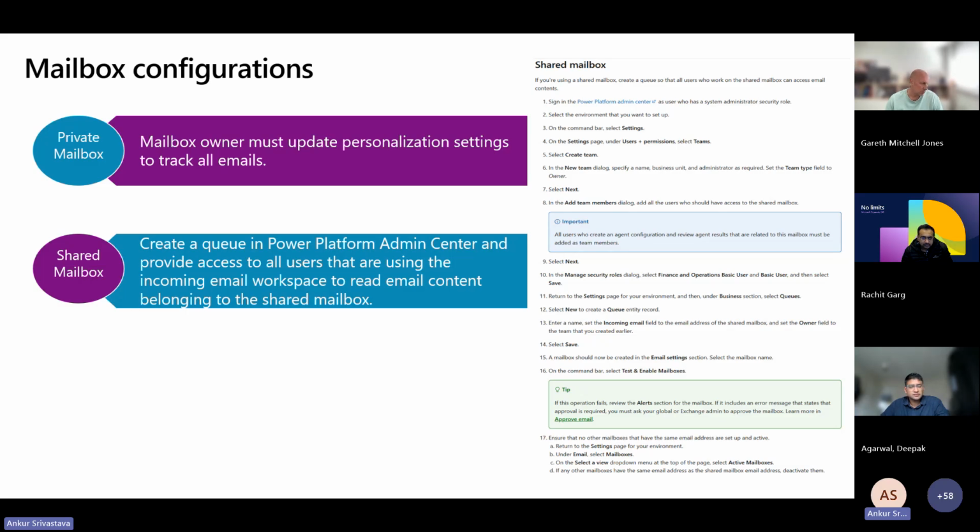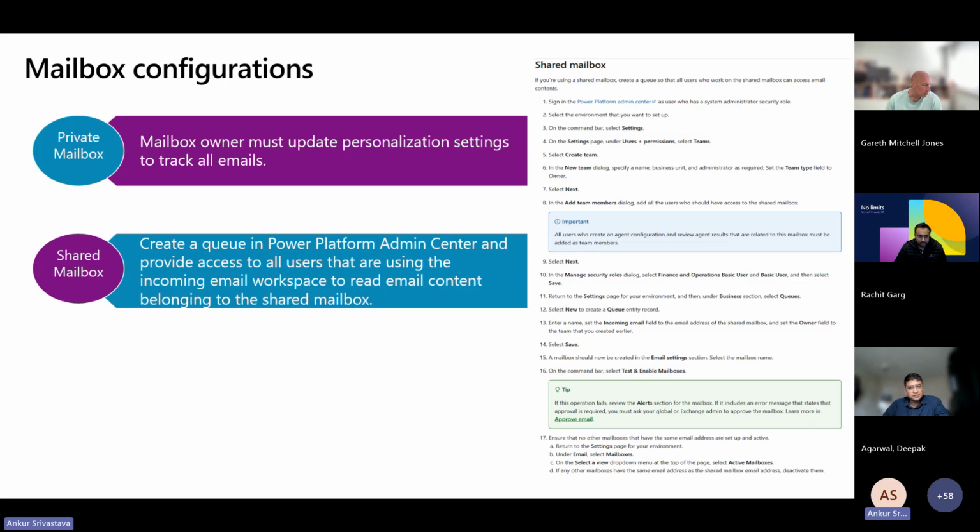But for the shared mailbox, you need to create the teams, the queue, and something. These steps are already mentioned because I have not taken the screenshot for these steps. But something I can show is the private mailbox. But we are encouraging the shared mailbox because for a bigger organization, it will be used by different folks.